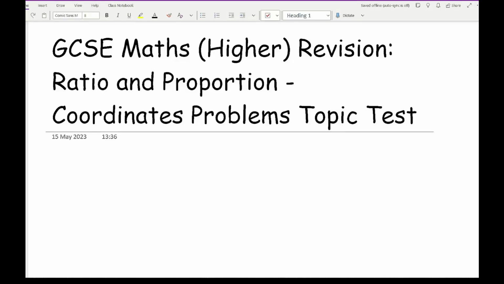Now, working through quite a lot of past GCSE papers recently, one thing that I am noticing is an intense increase of ratio and proportion questions, not only within their own unique topic, but also amalgamated in all the other aspects of maths. And one in particular is working with coordinates and coordinate geometry. So hopefully working through these questions should make you a little bit more confident with combining coordinates with